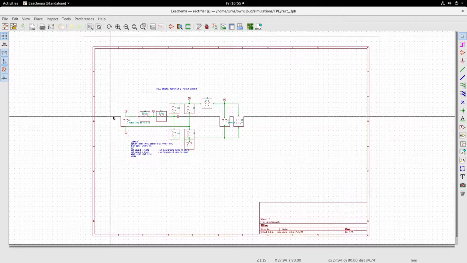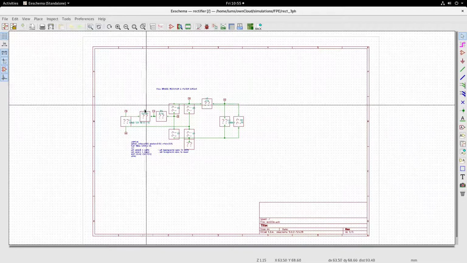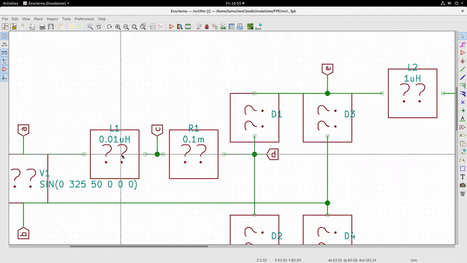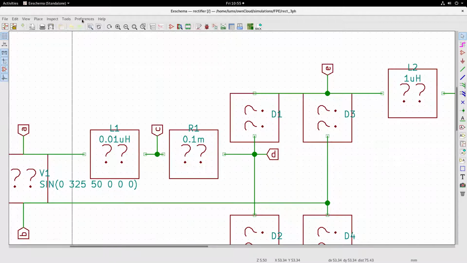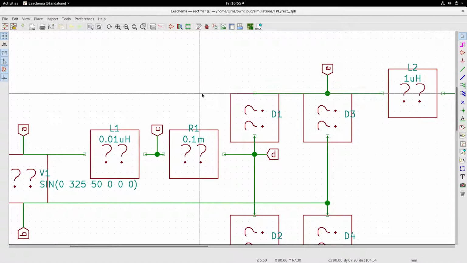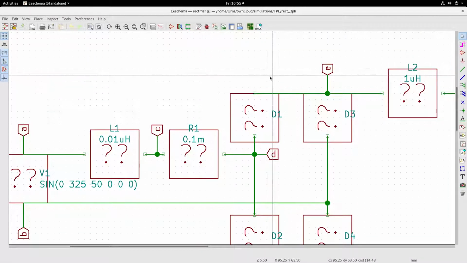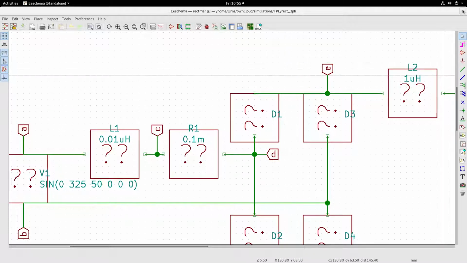When you open this, you see that all the diode components are indicated as question marks here, which means that it is not able to find the location or path to the symbol and the model. If you go to manage symbol libraries, you will see that our my components library is not visible, and therefore we have to fix that. Because there is no project file, when you open it the first time, a project file is created. So let me close this.